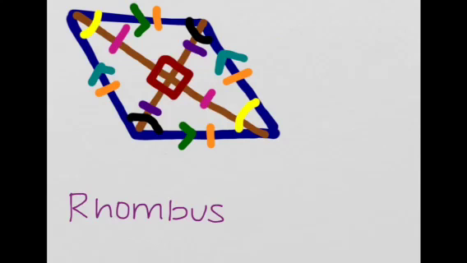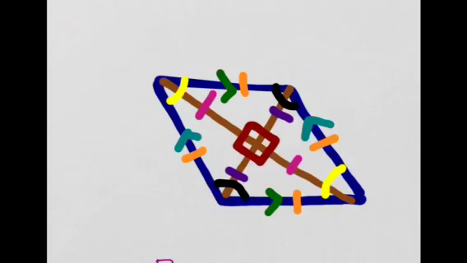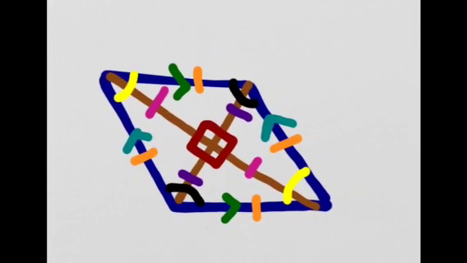Okay? Great. So now let's look at a very specific type of parallelogram, which is called the rhombus. The rhombus has all the things of a parallelogram. It has two parallel sides, which are congruent to each other. It also has the property where the diagonals, when cut, are congruent. The interesting thing about a rhombus is that all four sides are congruent,